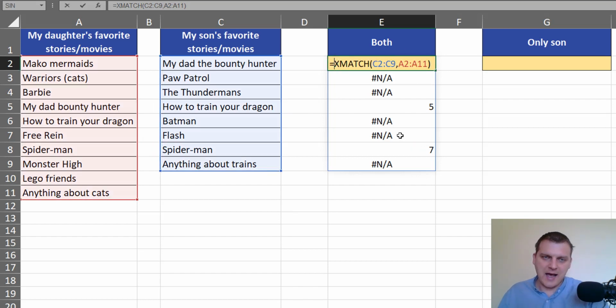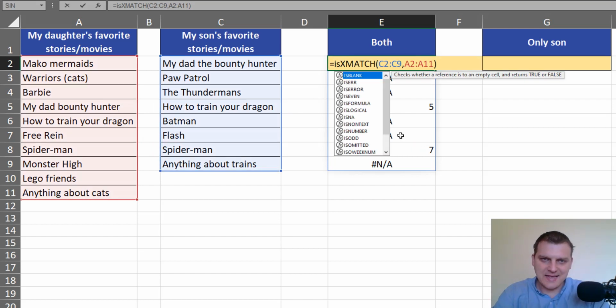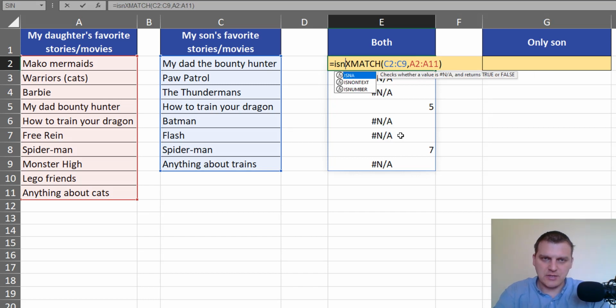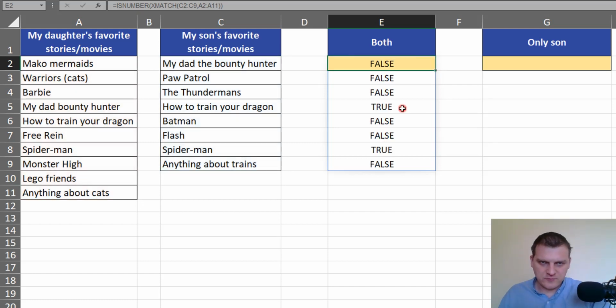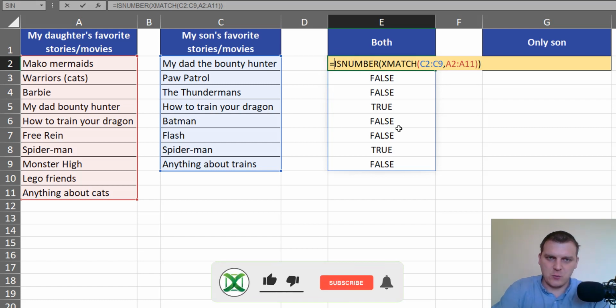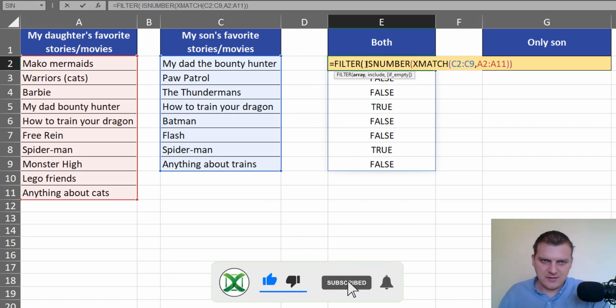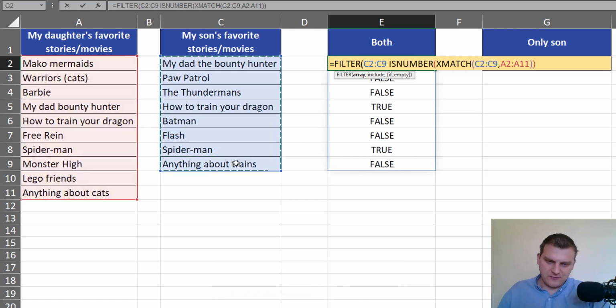So we can add the ISNUMBER function to the XMATCH function, and just like that we have false and true. And this column we can use in the FILTER function. So we just add the FILTER function, and we're looking at values from our second list. We were writing our formula from the perspective of this list, and just using this column of trues and falses we